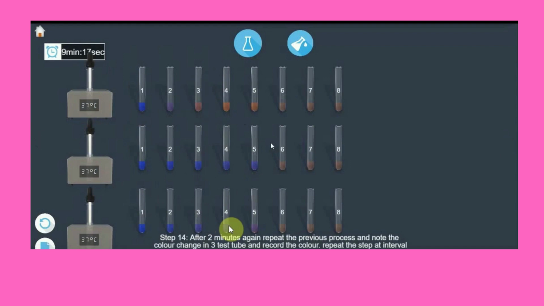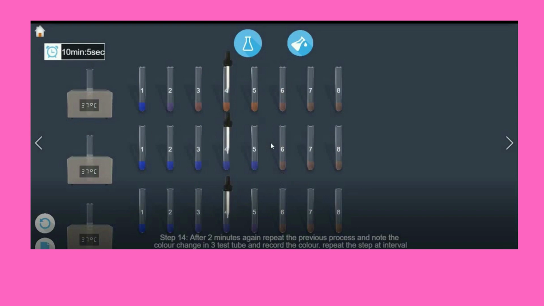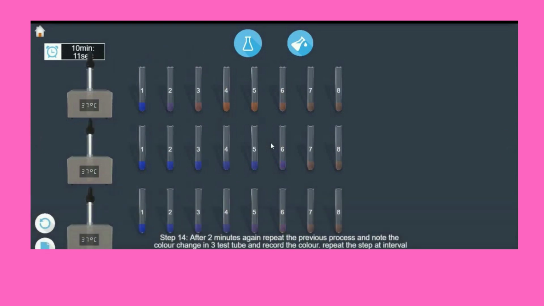So the conclusion we come to from here is that pH 6.8 is the optimum pH for the activity or action of salivary amylase. Why? Because when the salivary amylase is activated, it acts on the starch properly and digests it into maltose. Whenever maltose is formed, there will not be any reaction between the iodine and the maltose. That's why no blue coloration is retained.